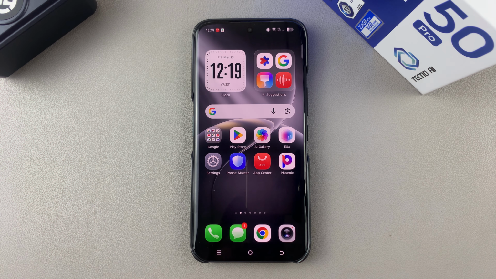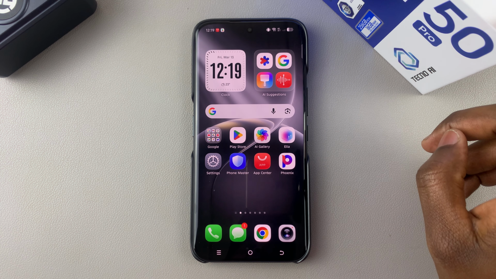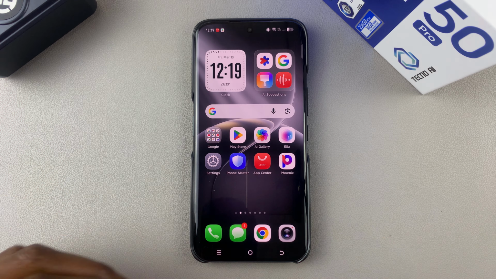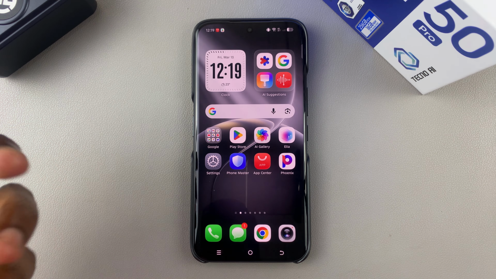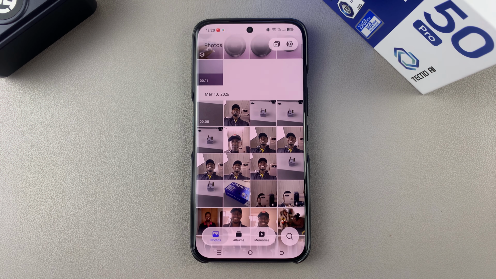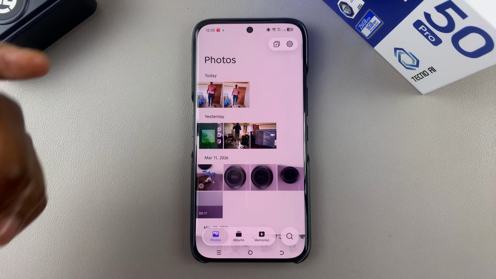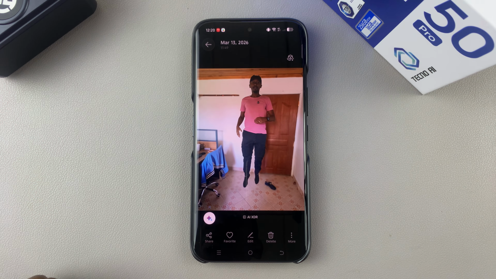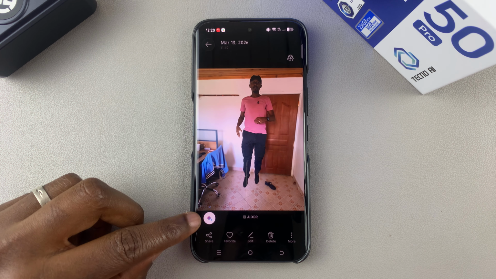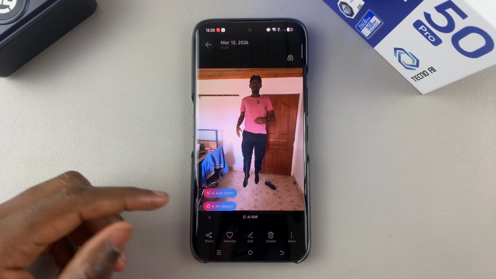You can change the photo background on your Tecno Camon 50 Pro or 50 Ultra for a photo that you've already taken. So simply go into the AI gallery and find the photo whose background you want to change. So select that photo, and once it's selected, you simply have to tap on this AI option and select